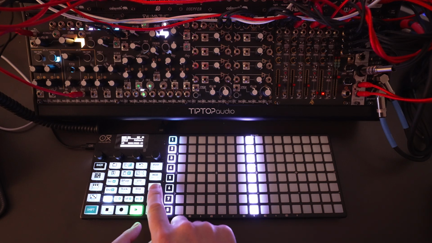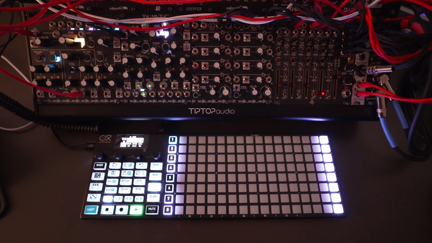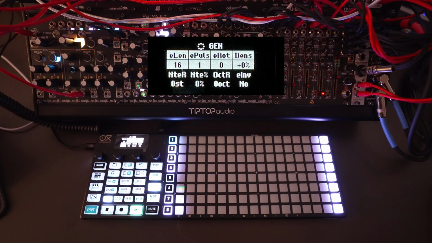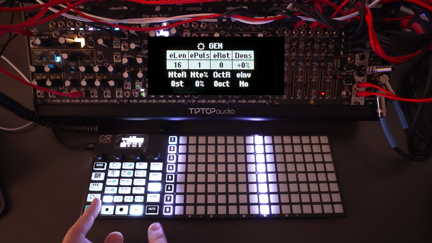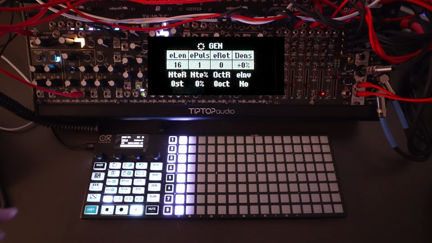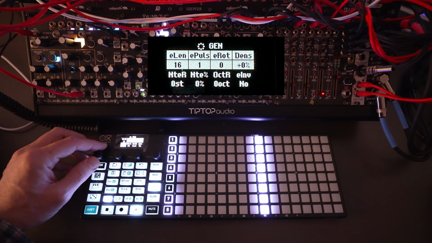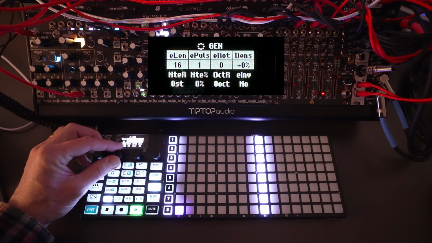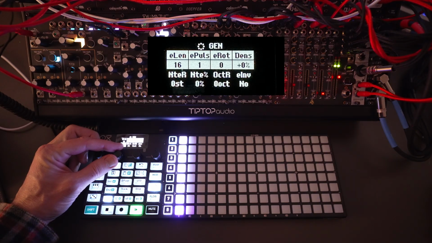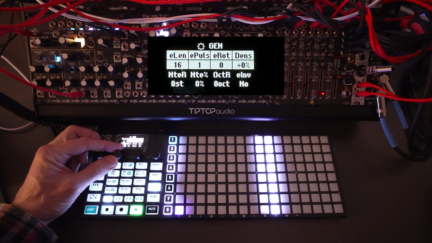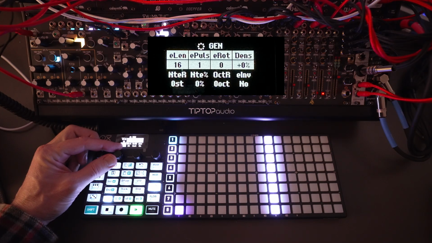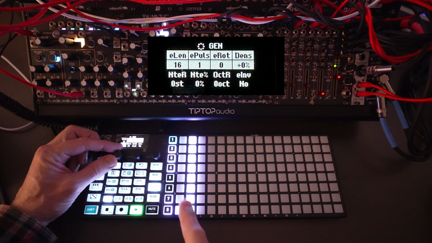Check it out. Okay, so for this first one, I want to use the generative mode in combination with the random mode. So what we'll do is we're in gen mode here, and we'll start with a single pulse, right? Boom. And of course I'm using, as we said, the Make Noise NUS system on track number